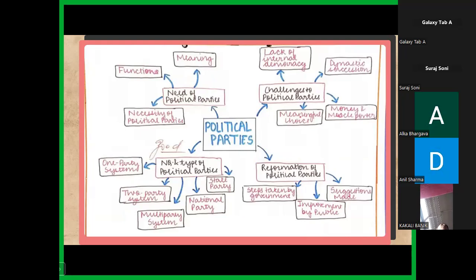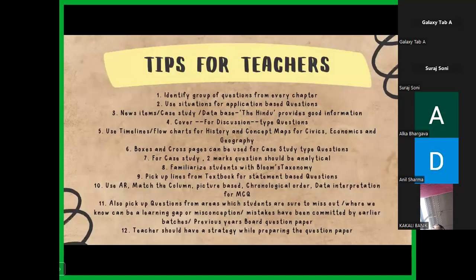It helps the child to revise. It helps the child to identify what the important topics are here. Okay, and in one go the child will know, okay, when I'm talking about the chapter political parties, these are the 4 concepts. These are the branches of these concepts, and this is the entire content of the chapter. So as a teacher, if you are also aware of these kinds of things, it becomes easy for you to guide the child.